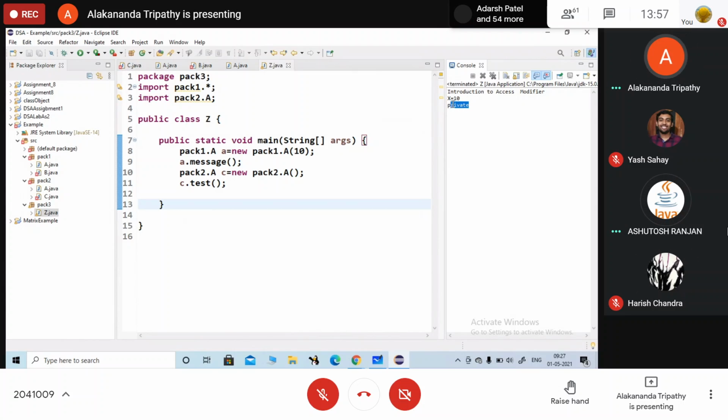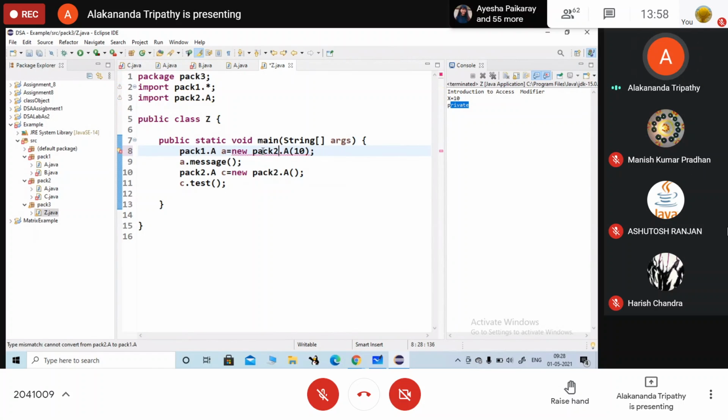pack 2. हाँ बोलो, मैम पैक 1 का जब हम लोग ऑब्जेक्ट बना रहे थे तो उसमें कंस्ट्रक्टर जो यूज किए पैक 1 का किए, पैक 2 हाँ। कर सकते हैं? नहीं कर सकते हो, पैक 2 के लिए ये बना है पैक 2 डॉट ए, यहाँ पर पैक 2 का यूज करके बना रहे हो। तुम बोलना चाहते हो पैक 1 के लिए ऑब्जेक्ट बनाओगे लेकिन कंस्ट्रक्टर किसका यूज करोगे, पैक 2। पैक 2। देखते हैं